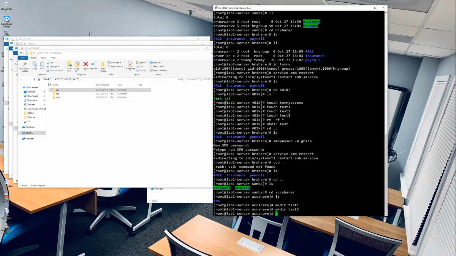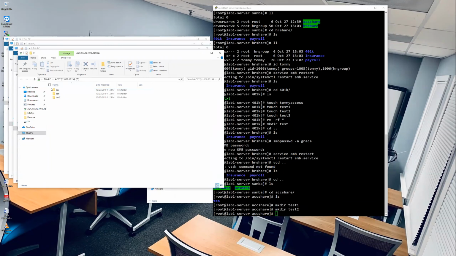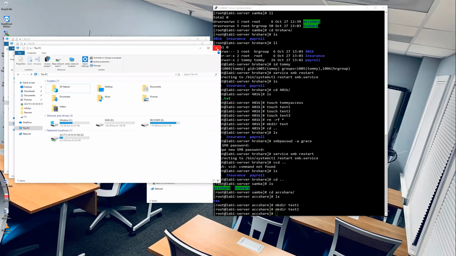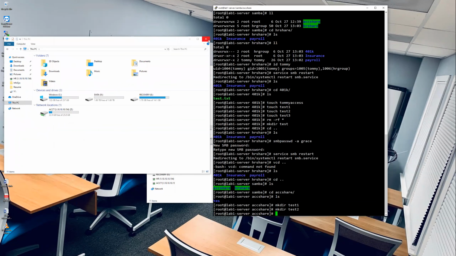So the idea is we are managing the server from this Linux box, and the client using Windows can access this. And don't forget that I said to connect to your Samba password, all you need to do is go to your